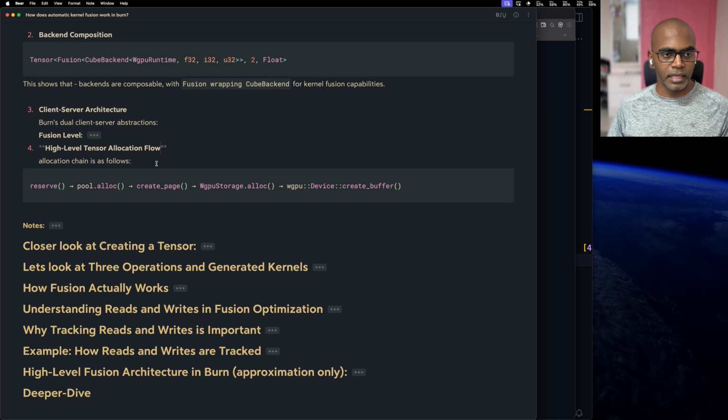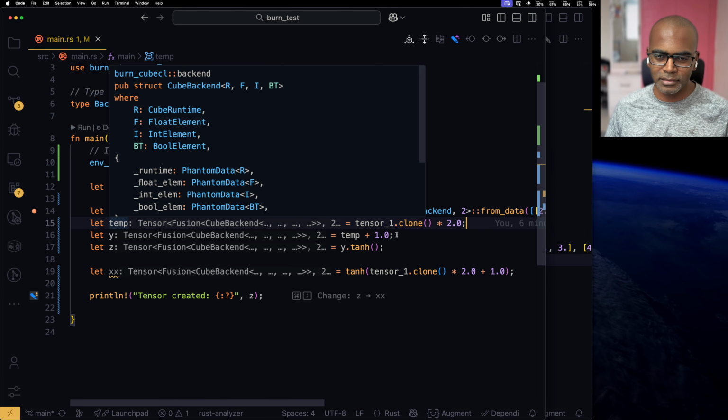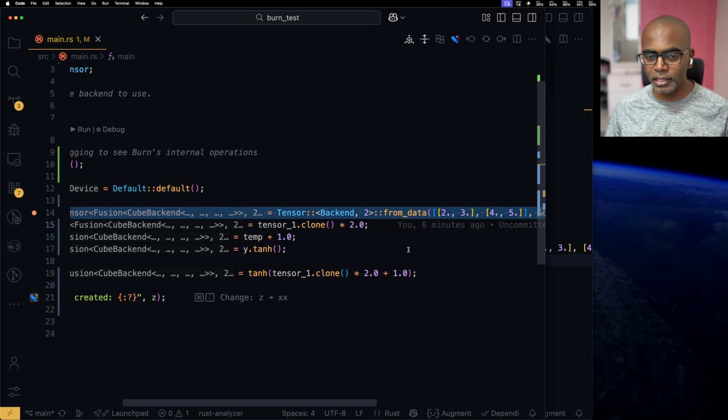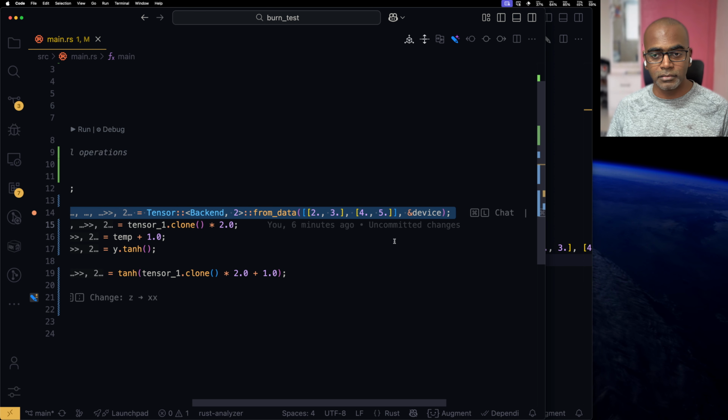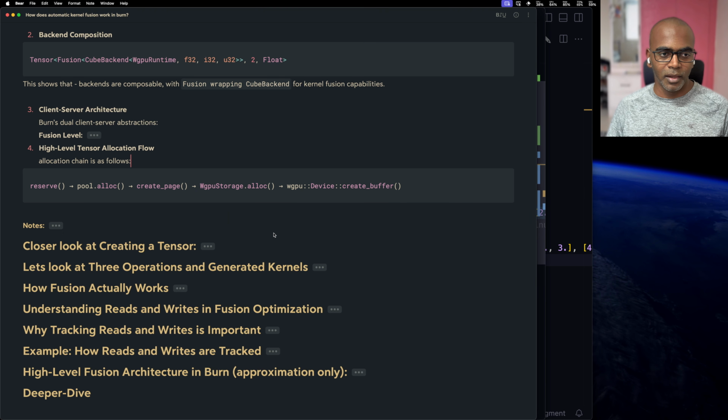And then the first thing I wanted to actually talk about was this. I basically looked at this one line and thought, wait, there's quite a bit packed into this. You've got a backend, you've got the dimensionality, and you've got the elements. You're sort of making it generic over all of them. That's actually pretty interesting. So how are they doing this? Well, I made the mistake of trying to find out. It's just a joke. But effectively, if you were to sum up the whole thing, they have some custom